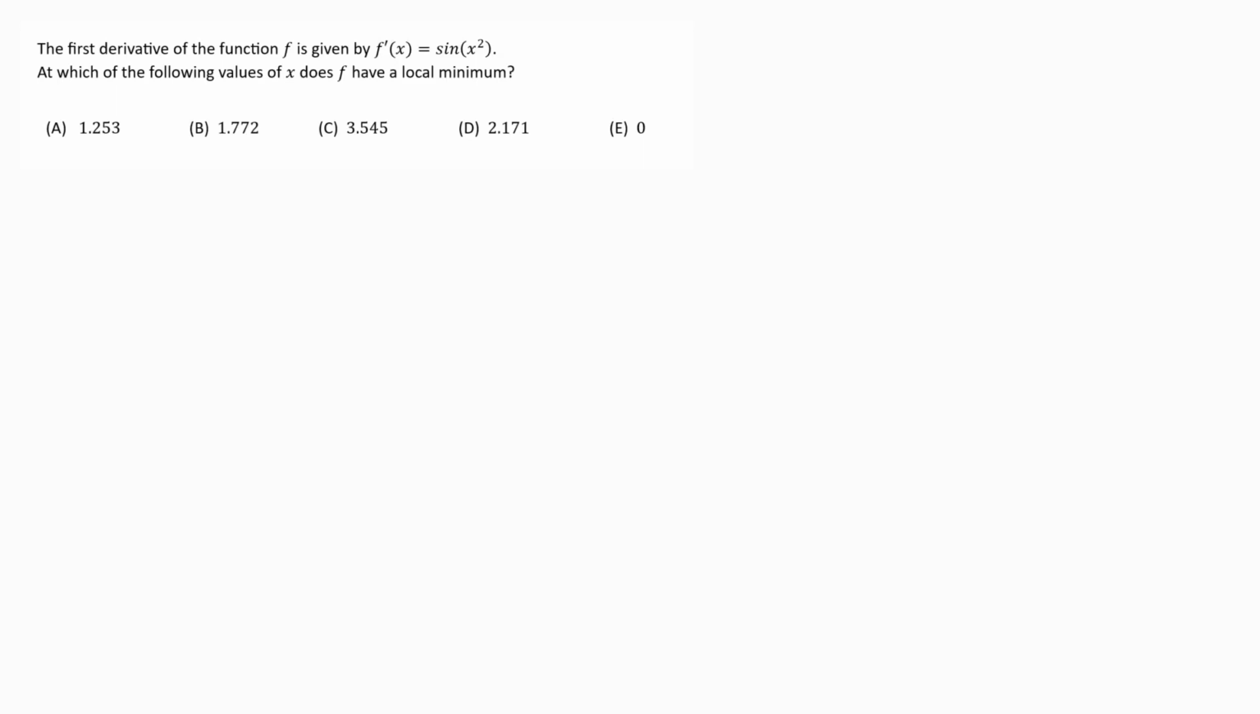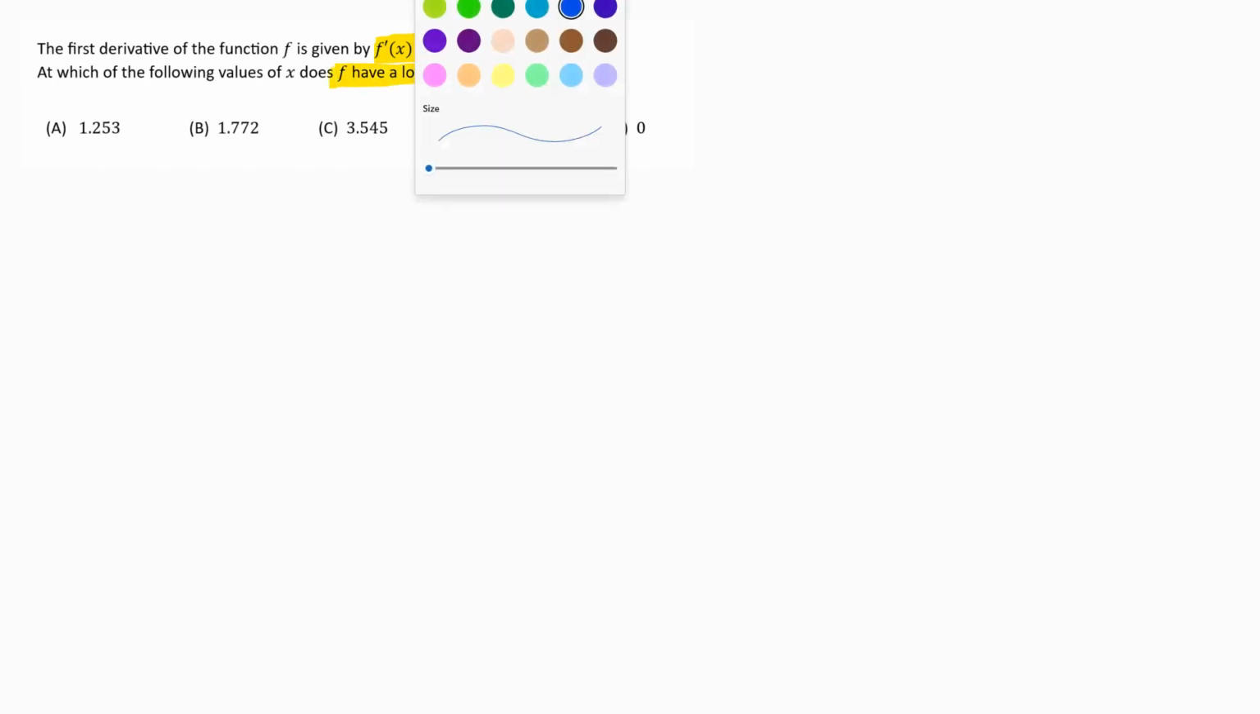In this AP Calculus question, we're being given the derivative f prime of x of our function f, and then it wants to know at which of the following values f has a local minimum. So this is really a first derivative test, and if we think about it, just talking through what